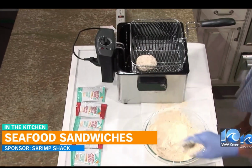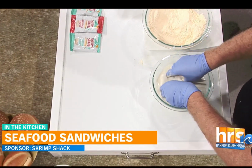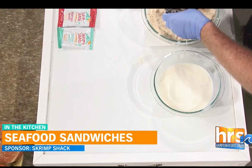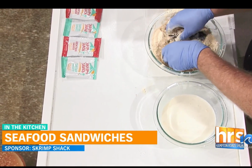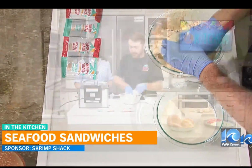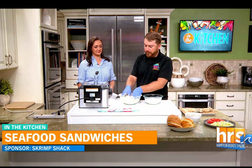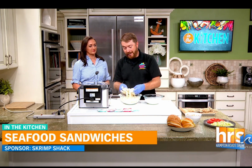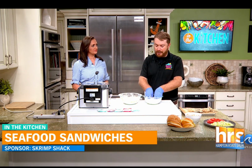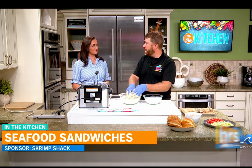Next, we got our two soft shell crabs. Same thing on these. Getting them wet into the dry, and then do it one more time. So the soft shell crabs are more seasonal. They are. During this time of year here in Chesapeake Bay, soft shells are actually a delicacy. They're molting as they're growing. In this time period, you can actually eat the entire crab. It's really the only time of the year that you can do that, because obviously picking crabs, they're a little